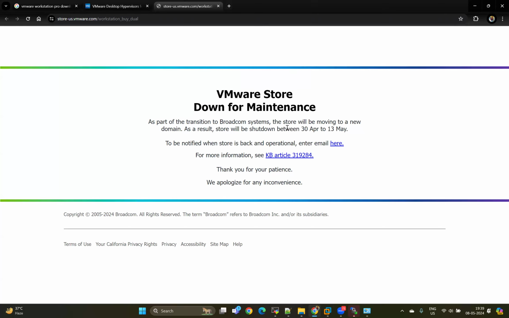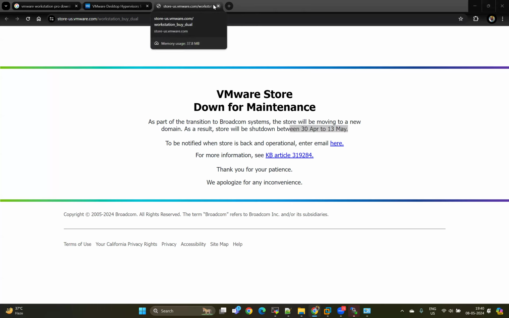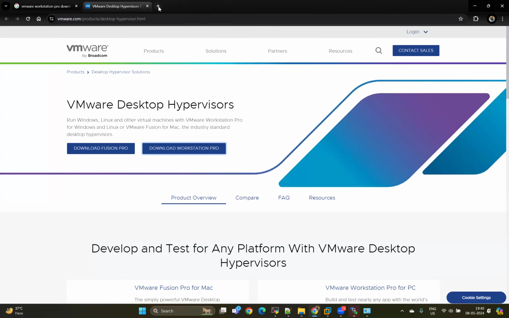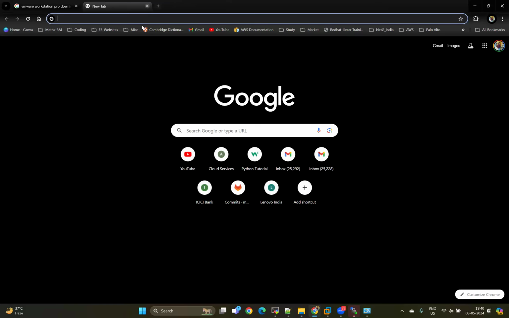Okay, so the VMware site is down for maintenance and it is down till 13th of May. But you can download VMware Workstation from other locations as well, just like GitHub or somewhere else. So I'm assuming that VMware Workstation is already downloaded. So let's move to